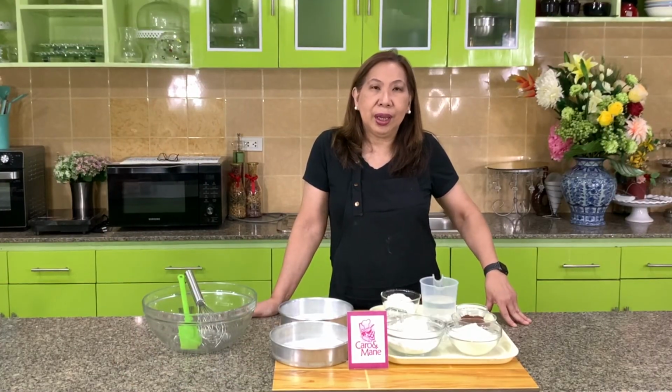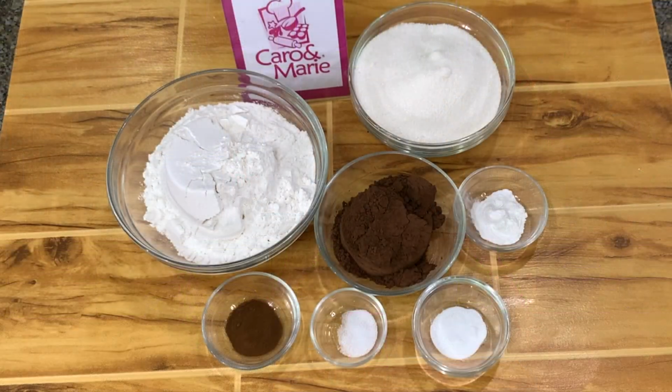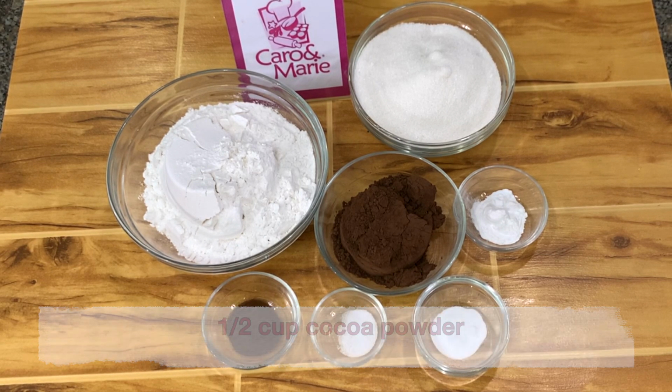I'm going to show you today a very moist and very easy chocolate mayonnaise cake. Let's get started. The ingredients for the cake are 2 cups of sifted all-purpose flour, 1/2 cup of cocoa powder,